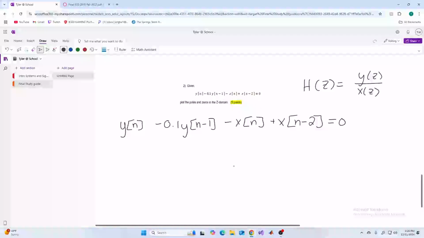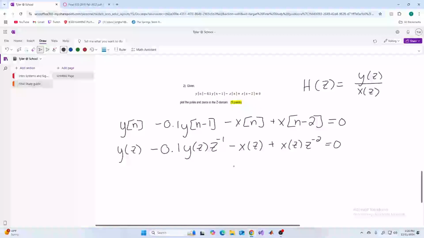First, we convert all these into the z domain. This is going to be Y(z) minus 0.1 Y(z) z to the power of negative 1, minus X(z) plus X(z) z to the power of negative 2